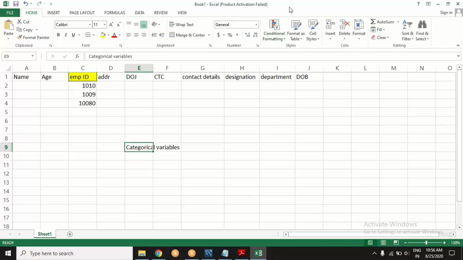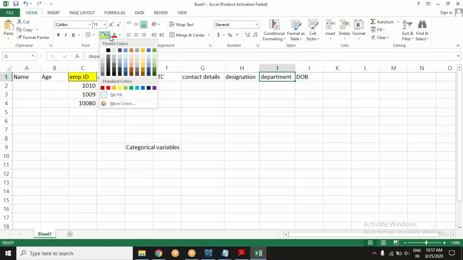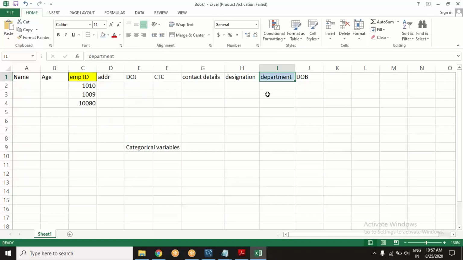Categorical variables such as, say, department. Tell me, if there are 100 employees in this organization, or many more, what are their departments? What are the departments usually there in a company?